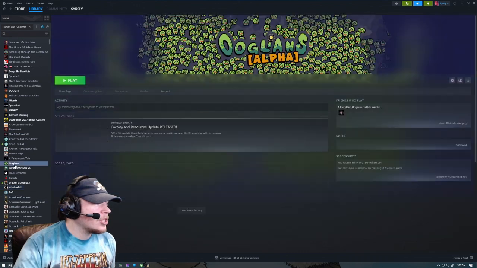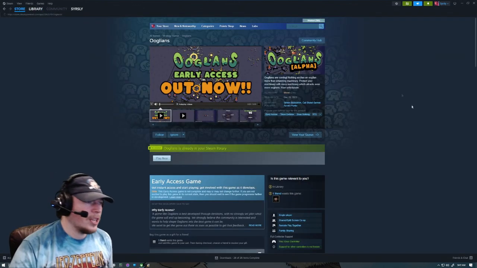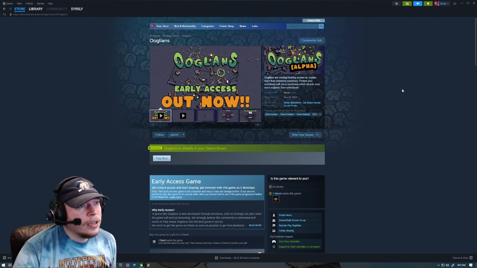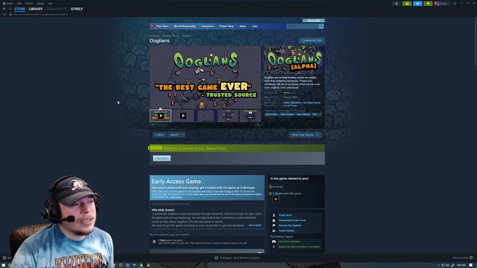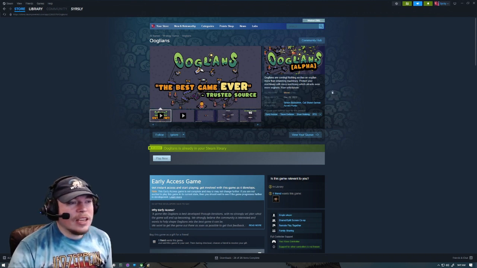We're getting ready to check out something called Ooglians Alpha. Let's go to their store page and check it out. It's $2, so it's not too bad. Not a big deal to buy it, but I did get it for free. Okay. Now, the reason I gravitated to this game was